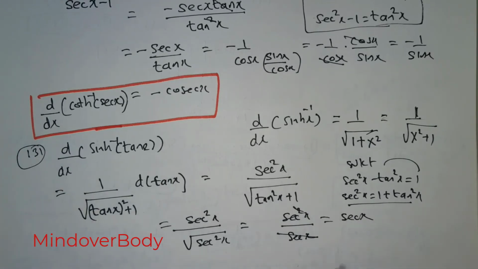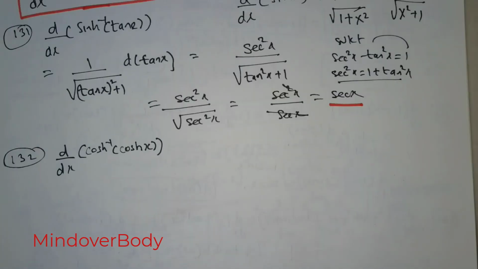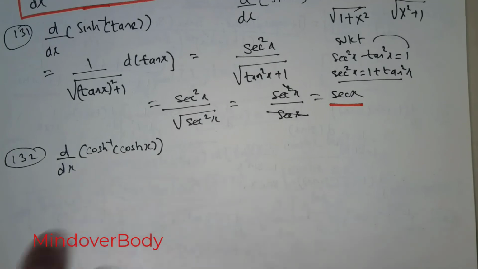So this is a good place to draw the red line. So we are expected to obtain the differentiation of cos inverse of